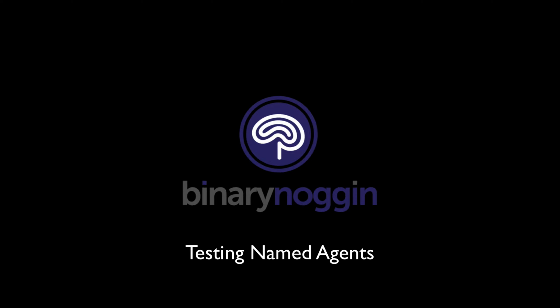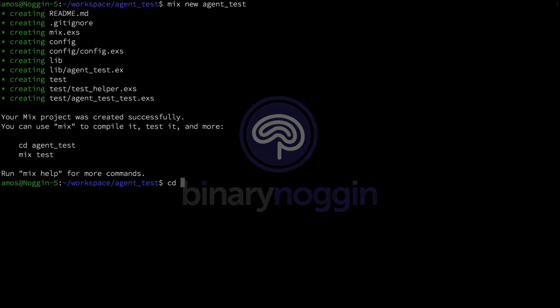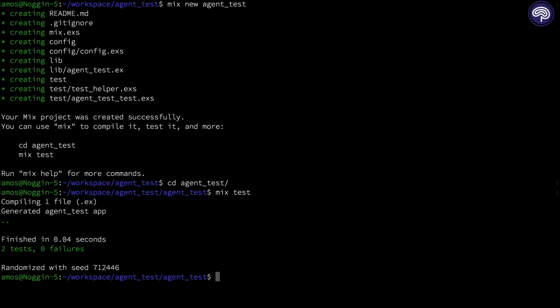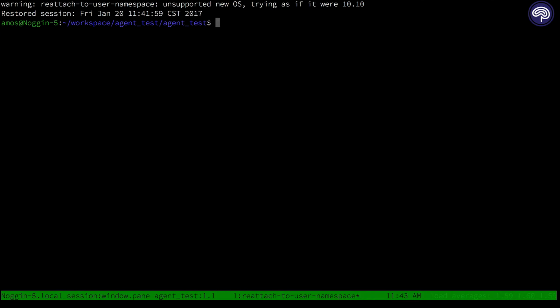Lately, I've been working a lot with storing data in processes like an agent in Elixir, but I ran into a few issues when testing the agents that were started up as part of the application startup. And so let's go ahead and just start an application and make an agent and start testing it